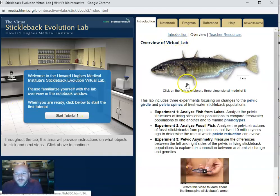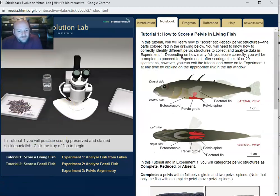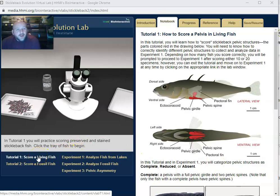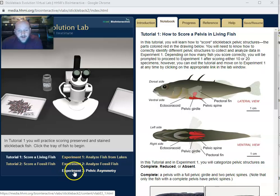is go through tutorials where we learn how to analyze and look at the different fish. If you look down here at the bottom, it gives us the different things it's going to teach us to do. So it's going to start by we'll learn how to score a fish in terms of how big their pelvis is. We also can learn how to score fossil fish, and then we do an experiment looking at fish from lakes and then fish from fossils, and we can also look at some genetics with the pelvic asymmetry. So lots of good stuff in here, and